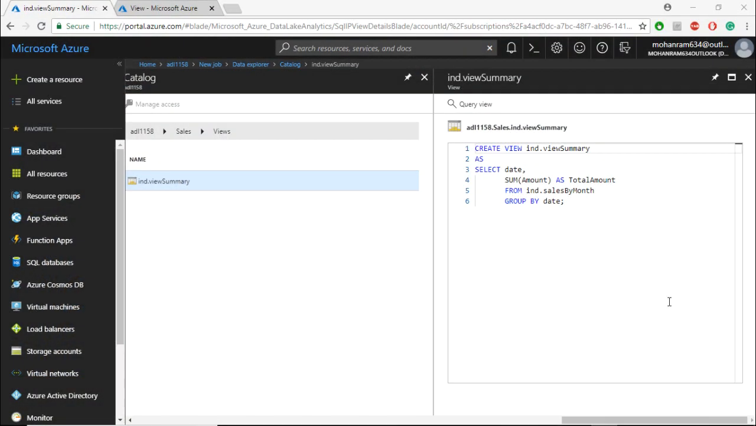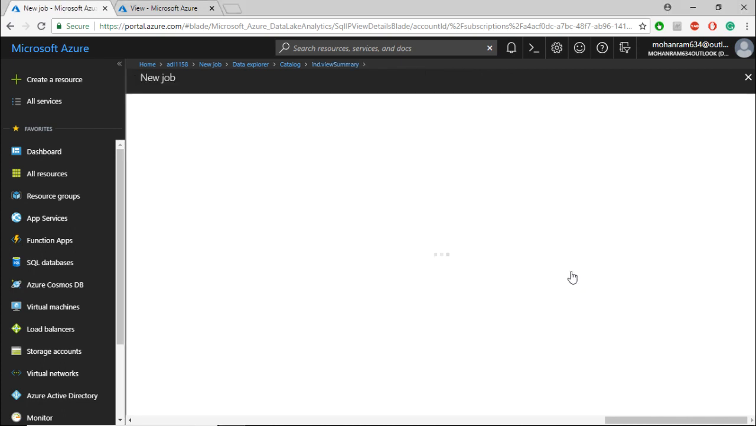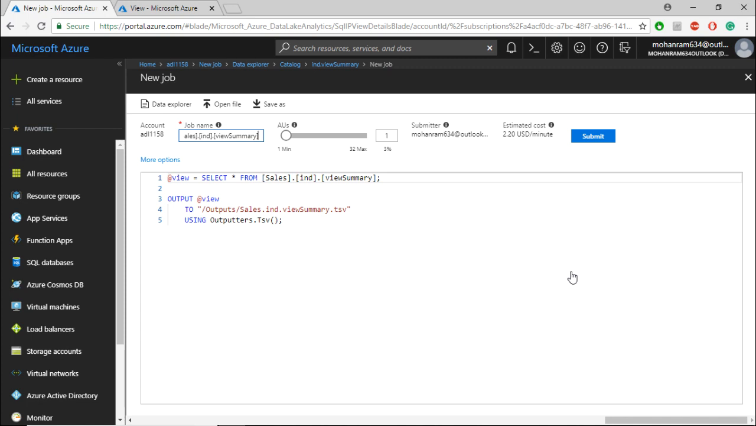To query the view, go into your views and select the view for which you want to query and just say query the view. Again, like querying the table, querying a view will basically create a new job for you, and you need to submit this job if you need to view the contents of the underlying data that's been queried by this view. So just review the code, review the job name and so on, and just go and